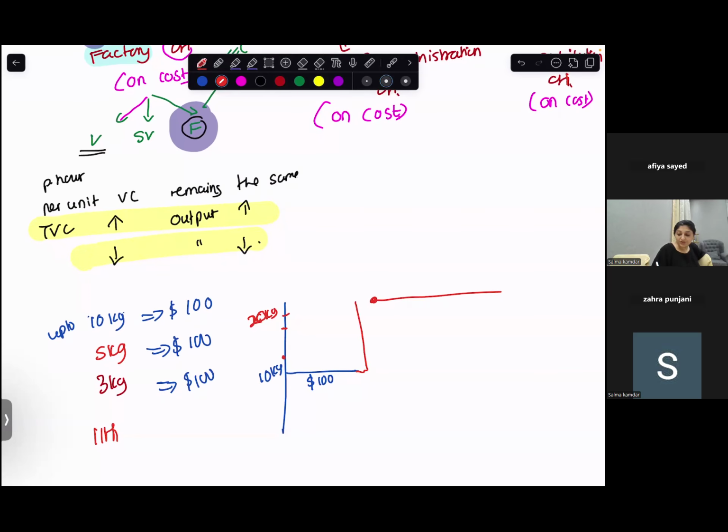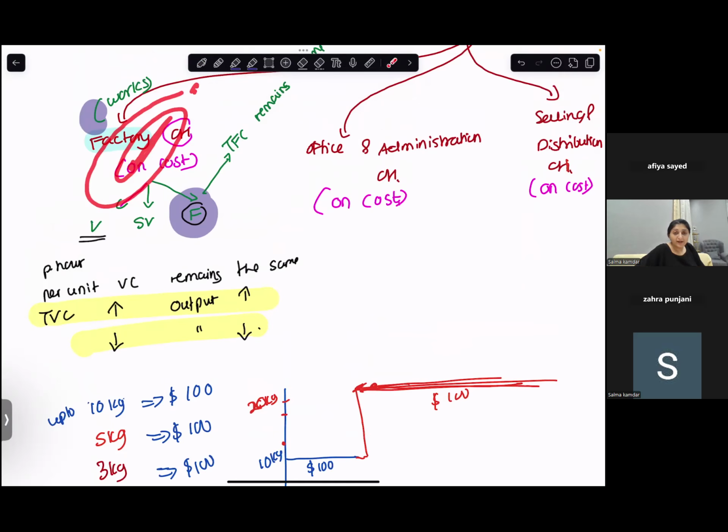So it is going to change by range. For the next slab above 10, it is going to be another 100. So a part of it is fixed, a part of it is variable. Semi-variable. This is a more common example of stepped fixed costs. Step up fixed costs. It works in steps.